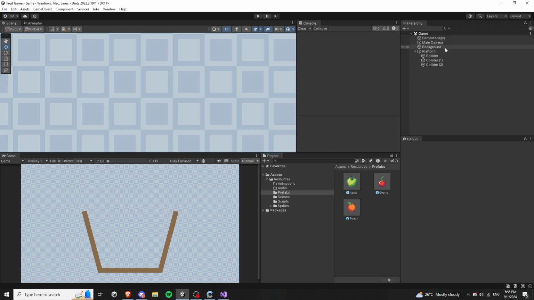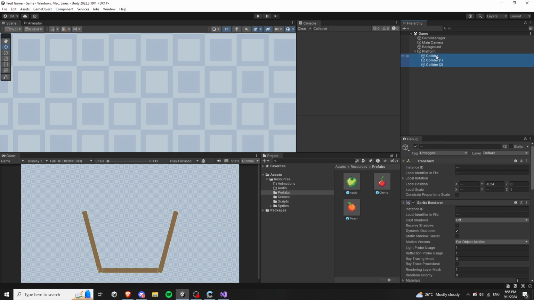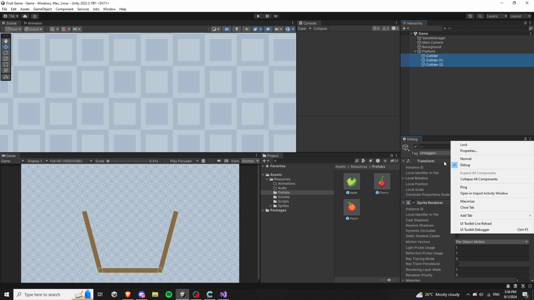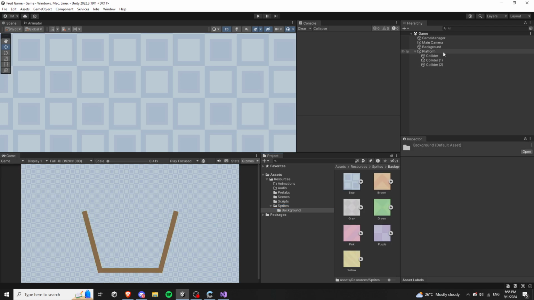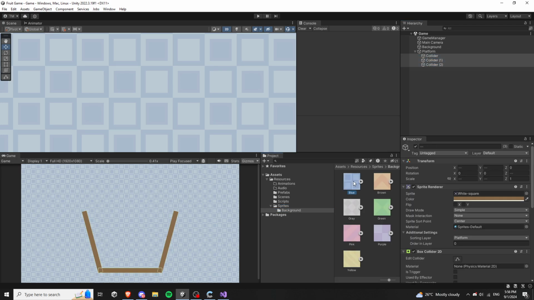Let's try on this platform here. Let's change the texture. Maybe add the texture here. Let's remove the debug mode here in our inspector to normal, like this. Go to sprites, background, and add a texture. Maybe. See, it works, but